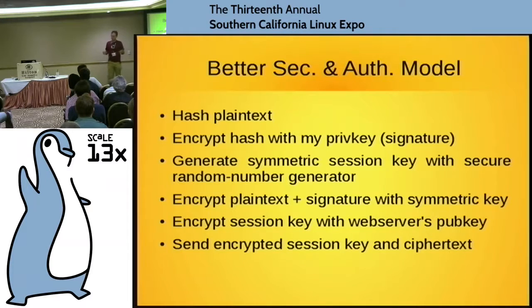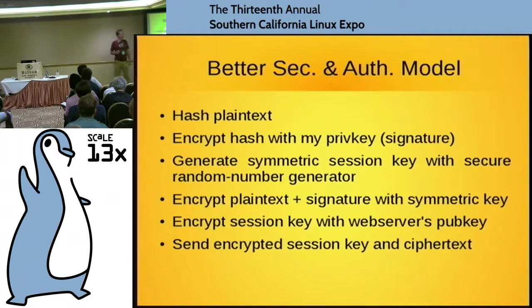primitives. So what I do is I take the plain text and I hash it. I haven't talked about hash functions. All it means is I have a block of data which can only be produced from the plain text itself, and that's part of the security guarantees of a hash function. So then I encrypt only the hash with my private key. That's the actual signature that you see at the bottom of the PGP message.